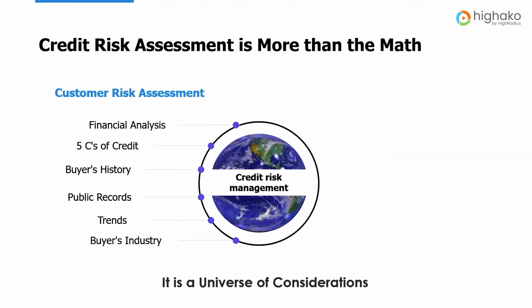You have to look at the buyer's history. Did they have a history of prompt payment to their trade creditors and their banks? Are they past due? Have they been referred to collection agencies in the past? You're looking at public records. Is there a history of bankruptcy? Is there a history of a lot of liens against the business? You can see a lot through the public records. You're looking at trends. Is the company in an upward projectile period over period? Are they flat or are they going down? And how does that compare with other companies that are in their industry?